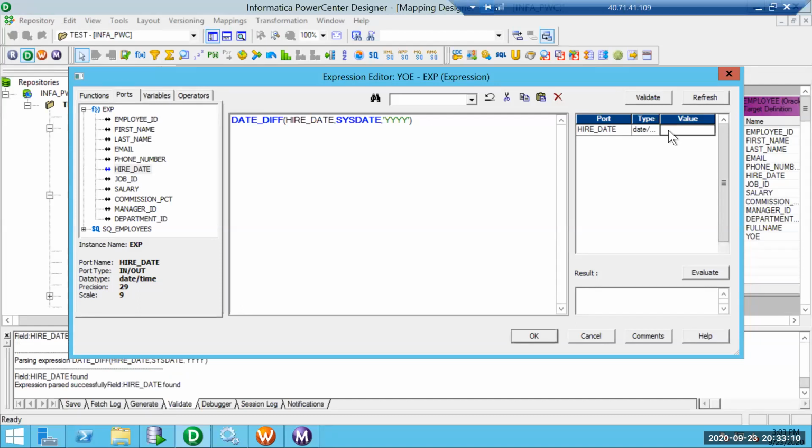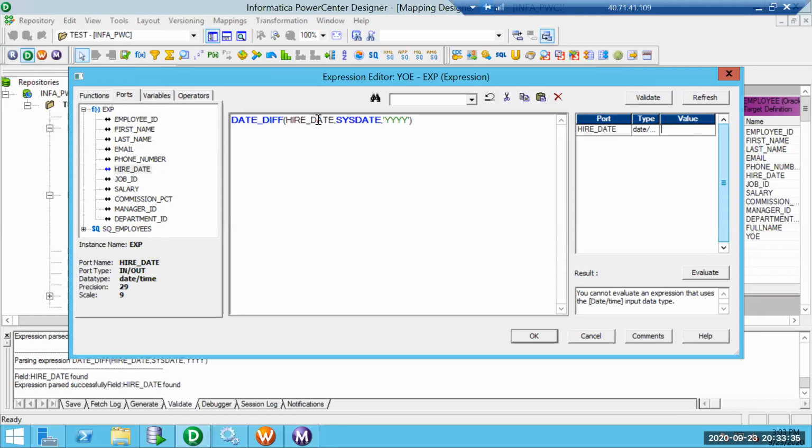Date time. I cannot provide this data really, and we cannot evaluate date related things here. So we can test this by running the workflow.